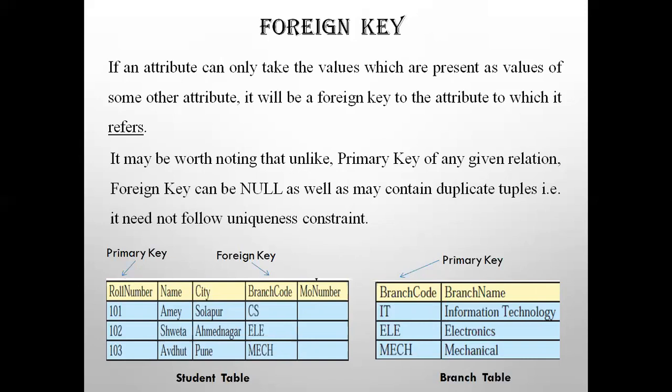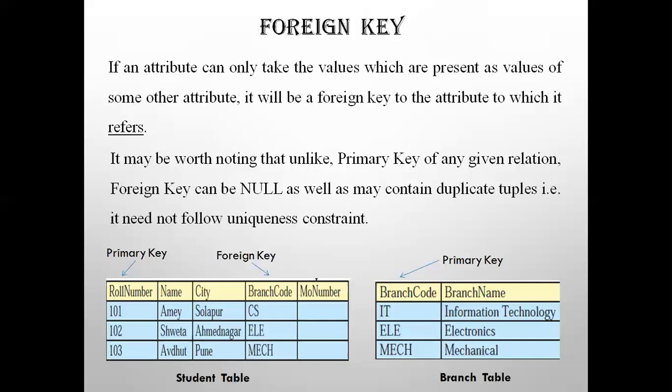It means that any attribute of one relation which is used to refer to the contents of another relation becomes the foreign key. If it refers to the primary key, then it becomes the foreign key. Unlike the primary key, a foreign key can be null, or it can contain duplicate tuples. So it need not follow uniqueness.